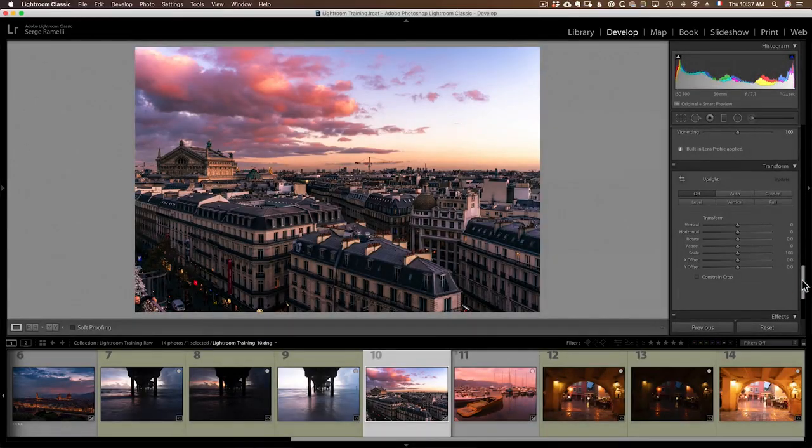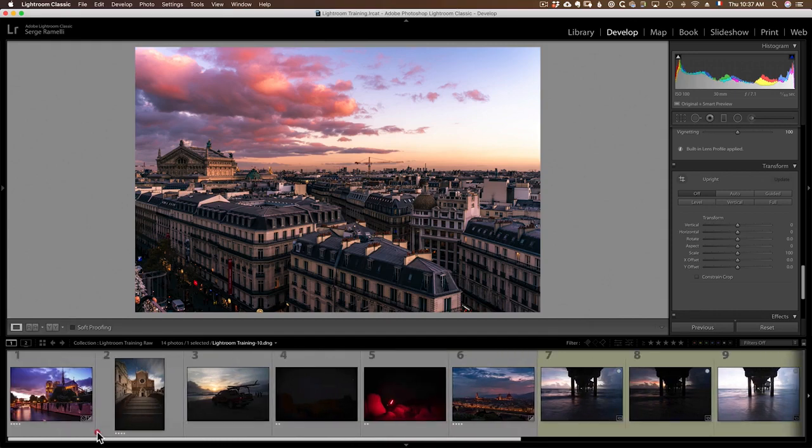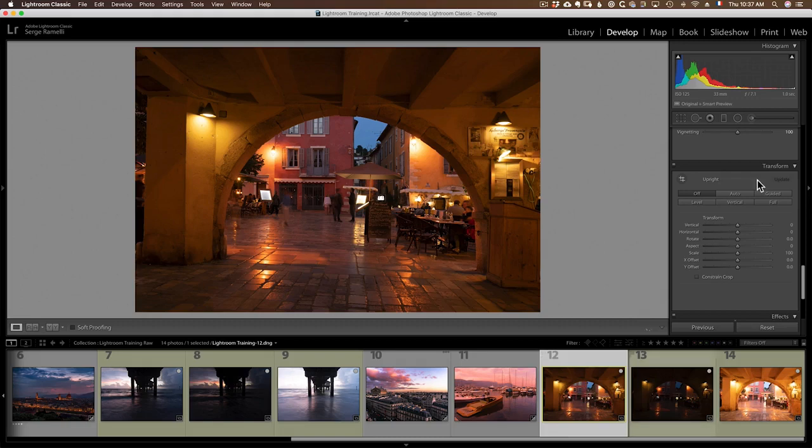The next panel down is the transform panel. On this one, it's not going to do very much because this photo is very straight. Let me see if I can take another photo that needs a lot more work in terms of transform. Probably this photo. Because you can see the walls are not straight or anything, the transform panel is basically